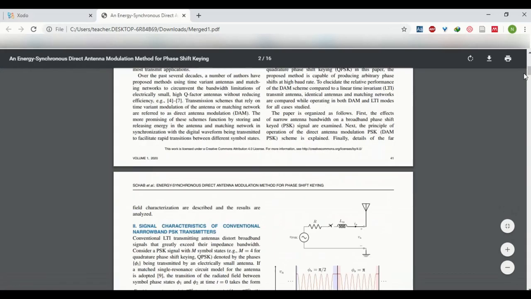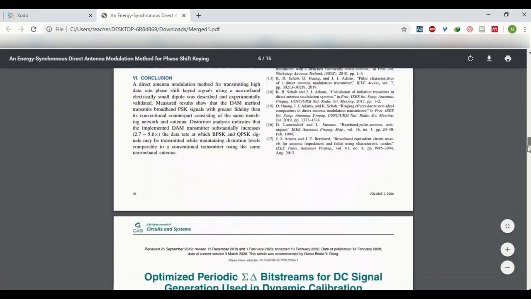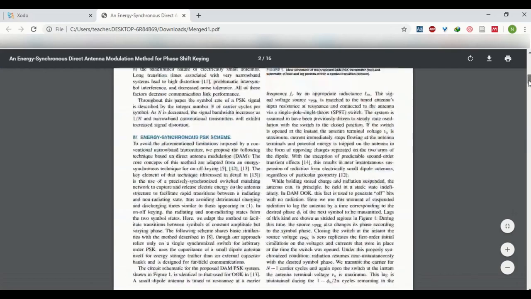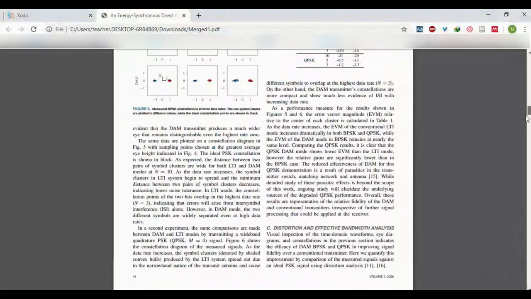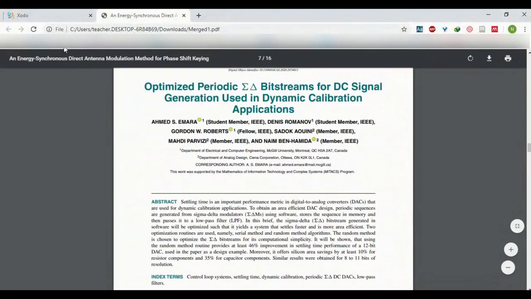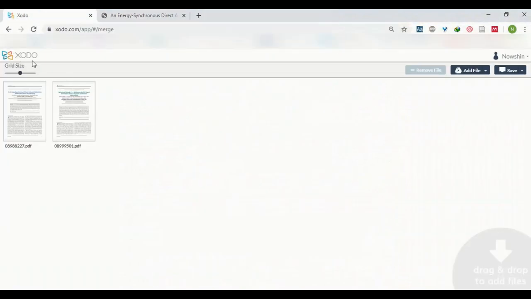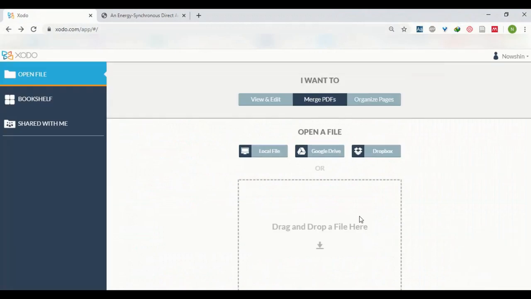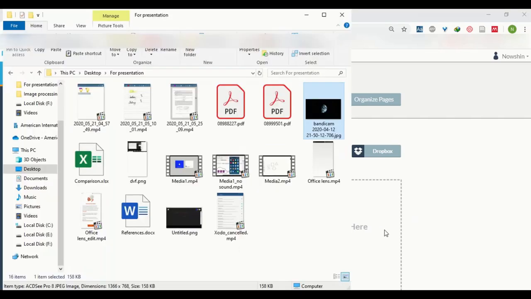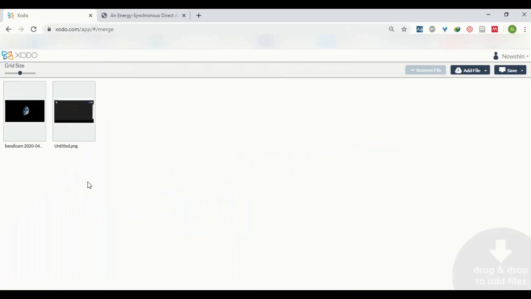Our two PDFs were two open access papers, and you can see that they are now combined into one PDF. Here's the first paper, here's the second paper. You can also use this function to make PDFs out of multiple JPGs or other types of files. Let's try that. So let's say we want to make a PDF out of these two types of pictures. They will be immediately added once we drag and drop. And when we save it,